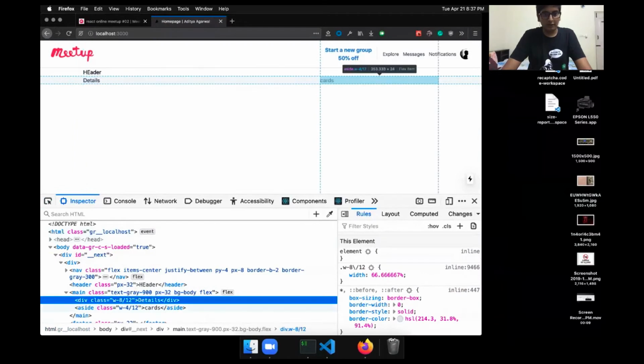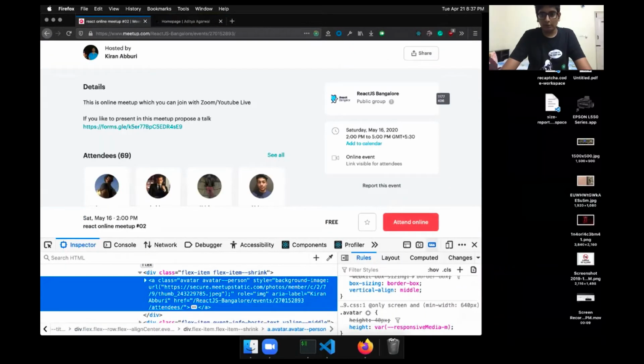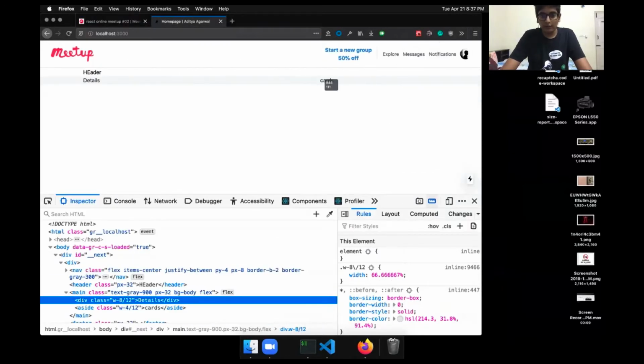So we have a div here and this card here, and let's just measure it. So I'll use this Firefox tool. So this is around 345 pixels, and the one we have, yeah, we have similar. So yeah, we can just keep it.